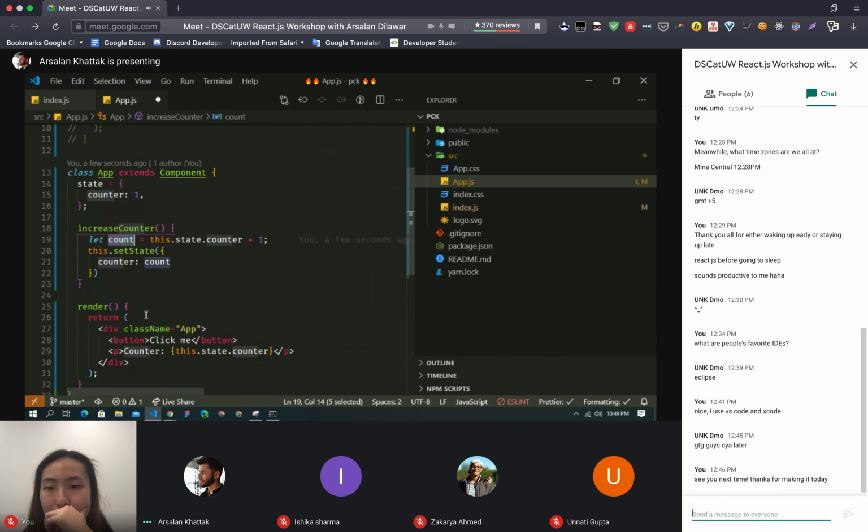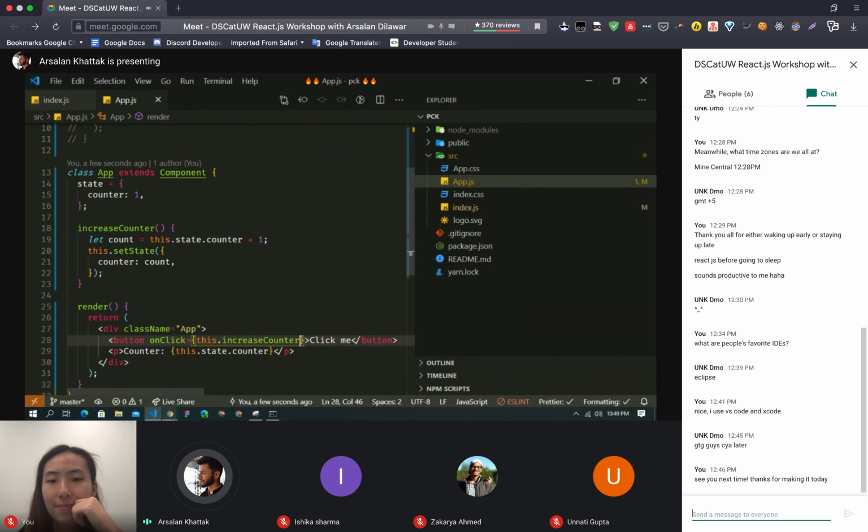So now here what we need to do is just type onClick, and then pass that function name. So that is increaseCounter. So this.increaseCounter, and remember, we don't need to add these parentheses here. If you do that, it will be called once this app is loaded, and it will not be called again and again when you tap that button. So you just need to pass it without using those parentheses.